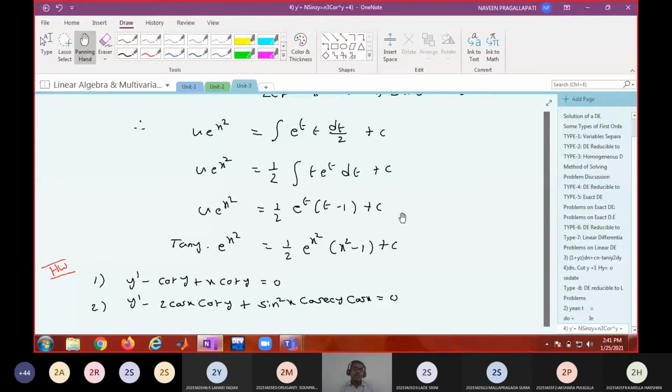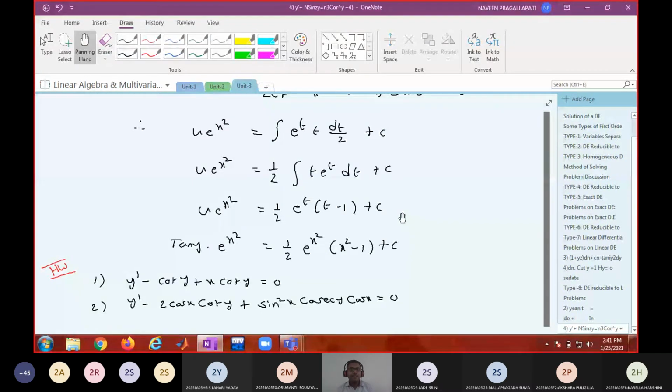So solving a differential equation is not a big deal. If you are good at integration, just apply the method and solve the differential equation. Anyone will do that. But the challenge here is identifying the type of differential equation. If you don't know what type it belongs to, then what method will you apply to solve it? So in differential equations, identifying the type is more important than solving the problem. If you can identify what type of problem it is, then apply the related method and you will get the solution.